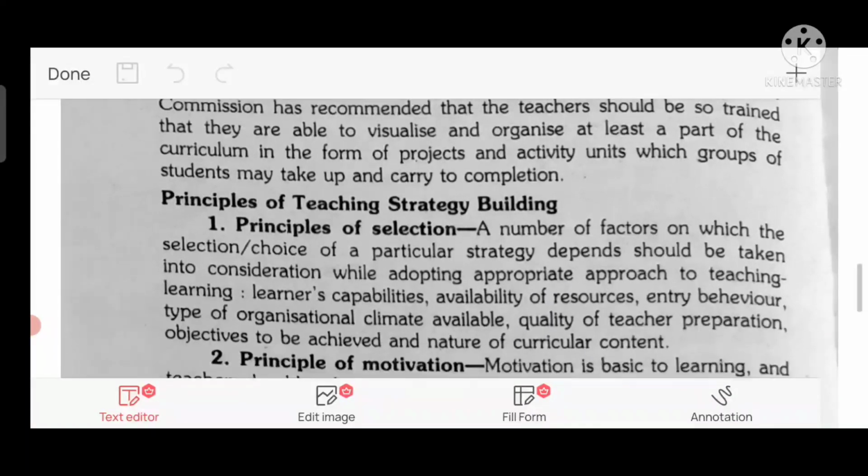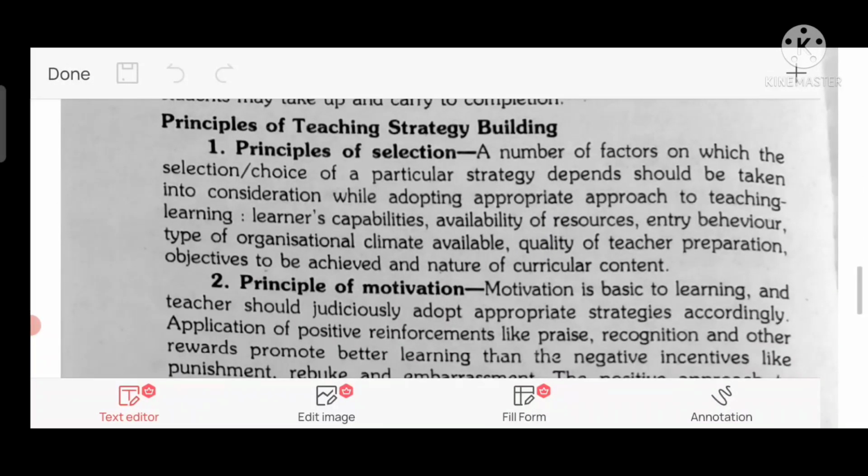After that, we'll see the principles of teaching strategy building. Point number 1, principle of selection. A number of factors on which the selection, a choice of a particular strategy depends should be taken into consideration while adopting an appropriate approach to teaching learning. These include learners' capabilities, availability of resources,